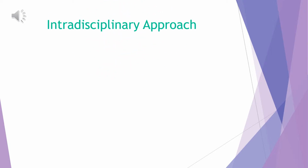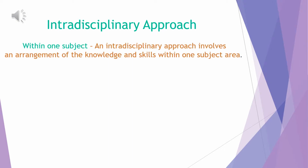Traditionally, an interdisciplinary approach towards education was most commonly embodied within the curriculum. This was evident when an arrangement of knowledge and skills within a single subject area were favourably practiced. For example, in the past, educators would have taught the subdiscipline of earth and space science exclusively within the single subject area of science. By implementing such actions, an interdisciplinary approach saw teachers organising and applying the curriculum into individual